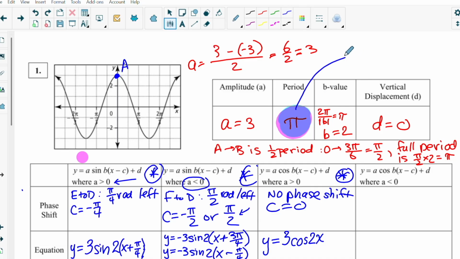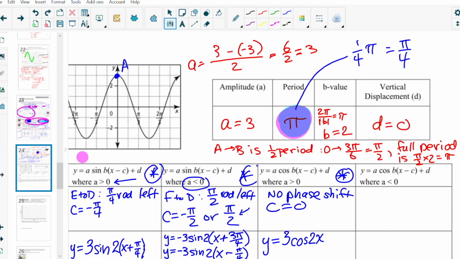Here's the period. 1/4 of the period is pi over 4. And so if we need to adjust that by pi over 4,